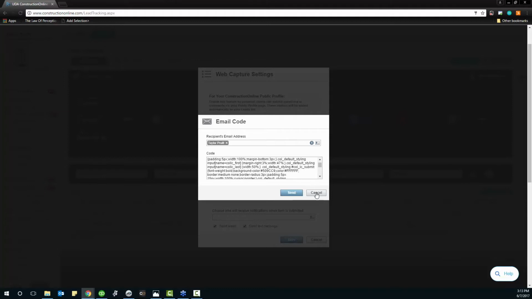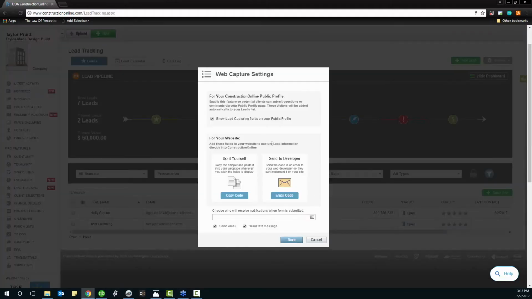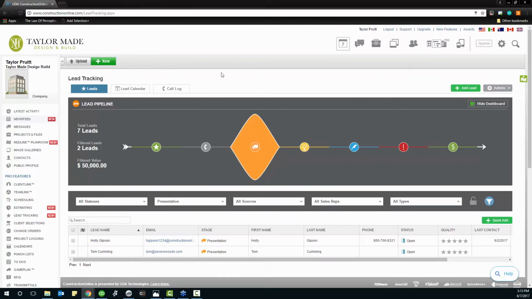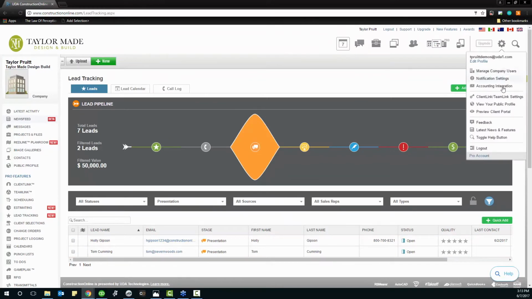And so when you do this, I'm not actually going to send the email today because we've got it all right in front of us, but you also have a final option here to go ahead and choose who's going to receive notifications for this. And we'll circle back to this in a minute, because what you're going to see is if we actually open the public profile,